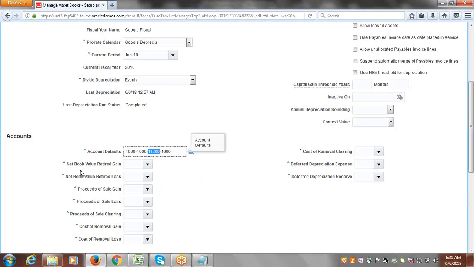We have to pick the specific net book value, retained gain account, loss account, proceeds of sale gain loss, and clearing, removal gain loss. So we have to select the respective accounts, but for now, for testing, you can use any one of the random accounts. That won't create any issues, and we are not going to analyze the balances with the respective accounts also. It's all about just testing the